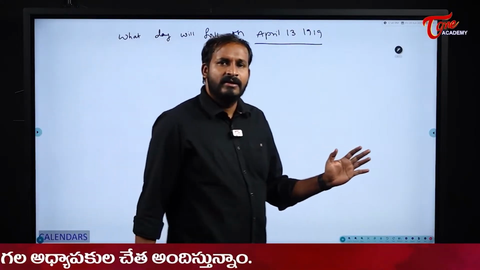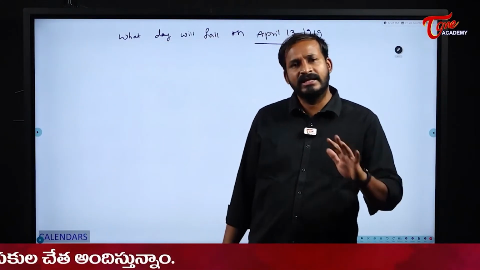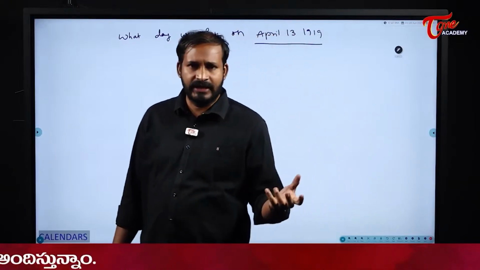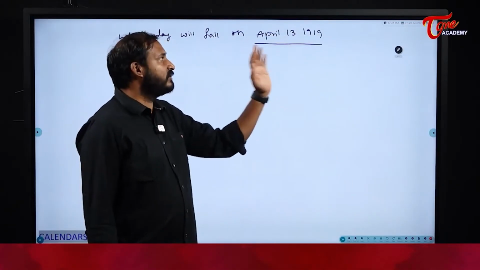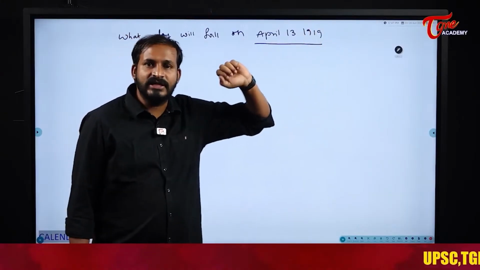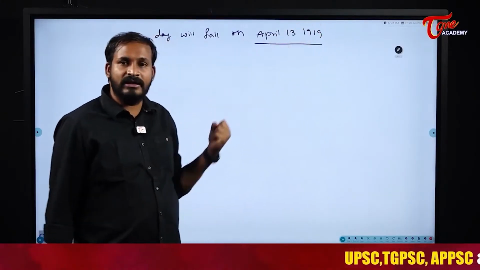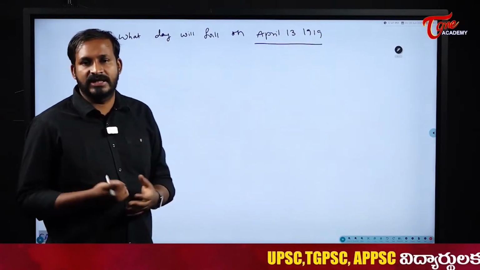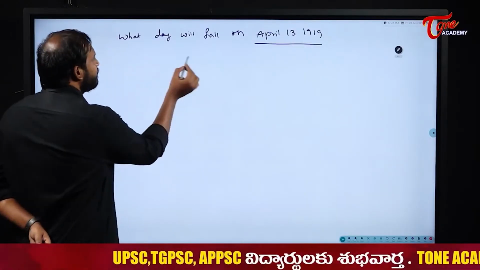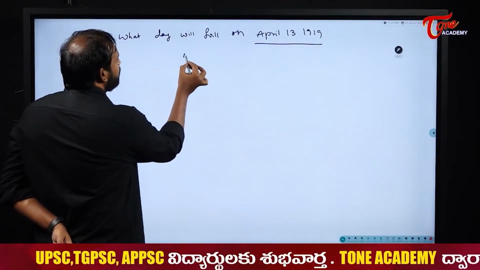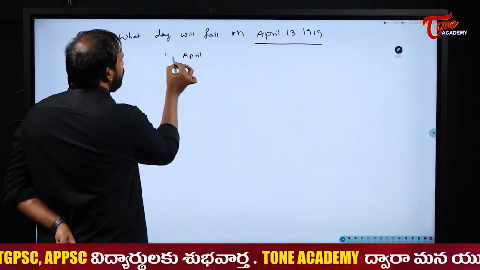On a Sunday morning they decided to meet at one place and planned some freedom struggle. At that time that massacre happened. So we know that it is Sunday, because that is a historical day. Now we will try to prove it with our month codes, day codes, and century codes concept. Now see here how we will solve this: we need to find the day for 13th of April